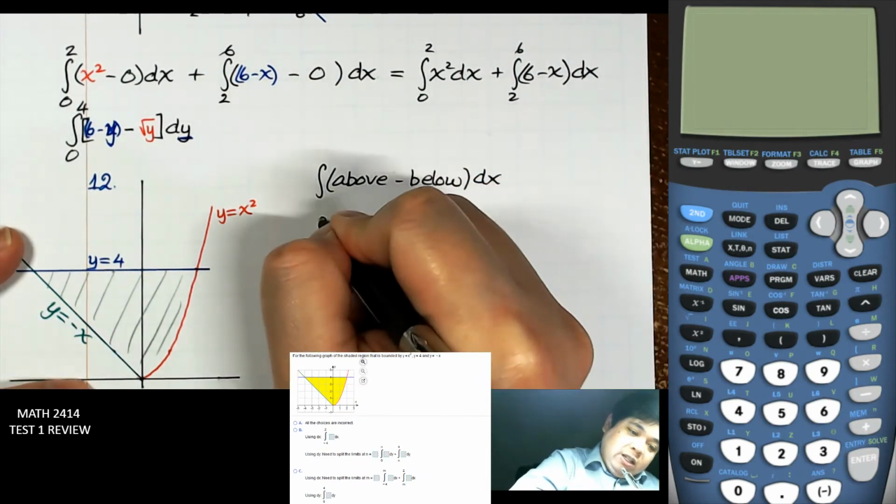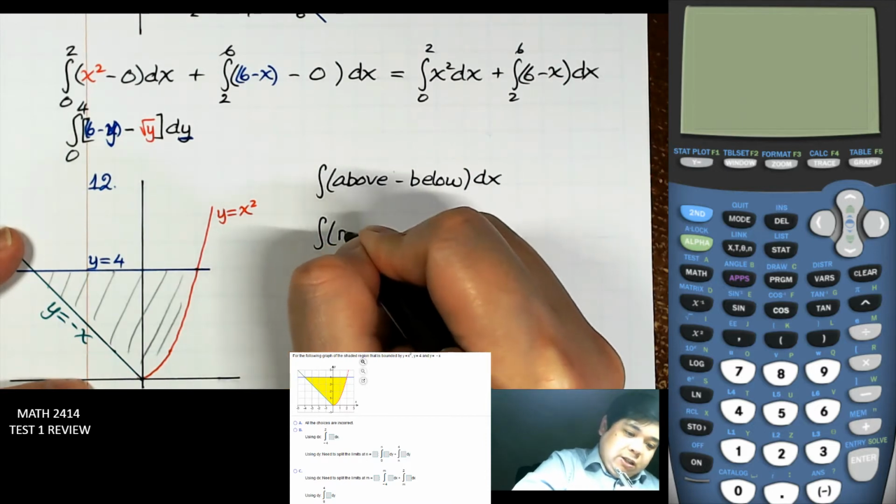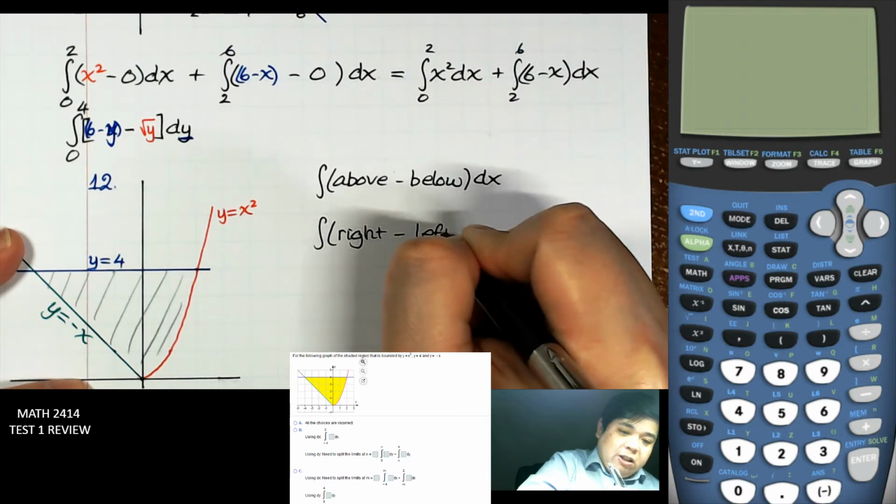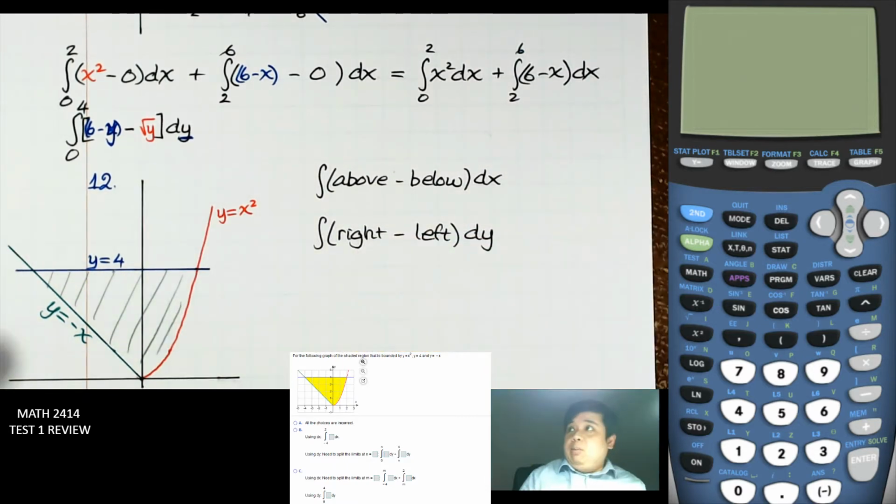If we use dx, it's right minus left, and if we use dy,